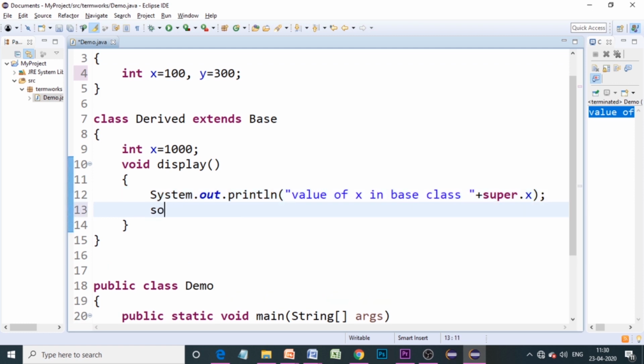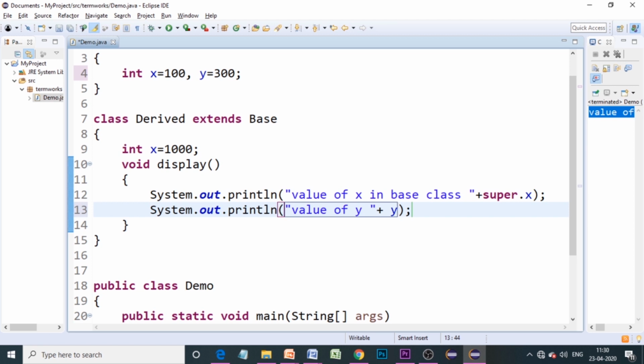In this case, value of y. Here I am not writing it as value of y in base or value of y in derived, because there is only one y that is there in the base class.